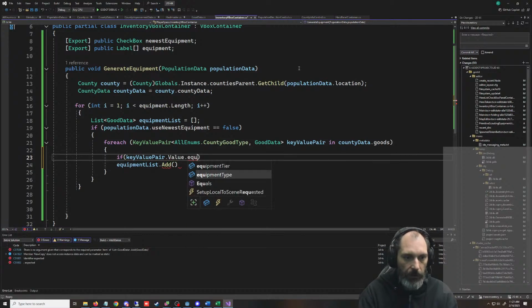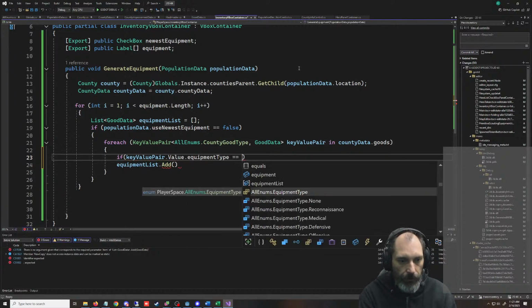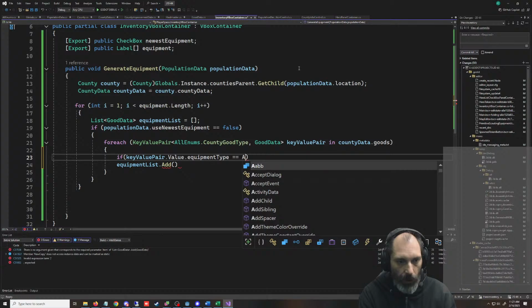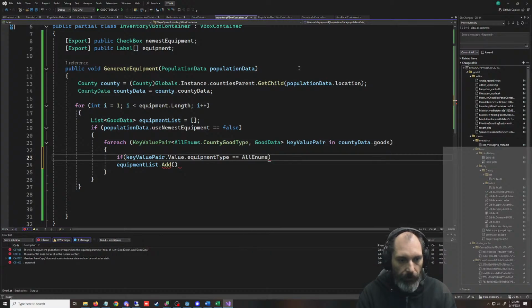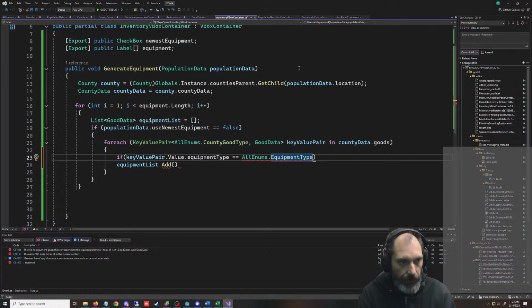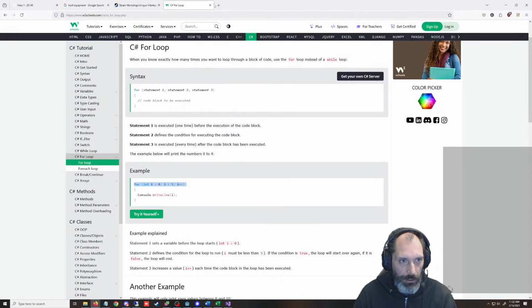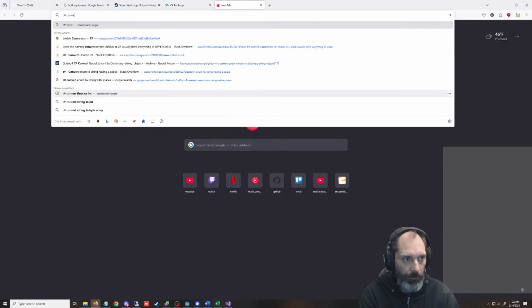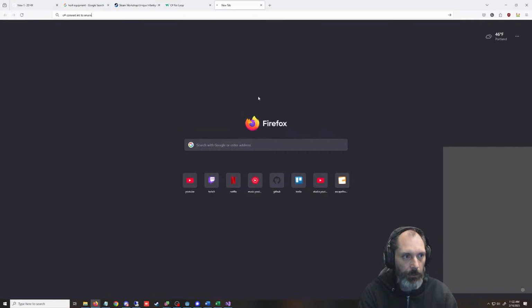Equipment type is equal to all enums, equipment type. Can I put i in here? Can I convert an int to an enum? C# convert int to enum.